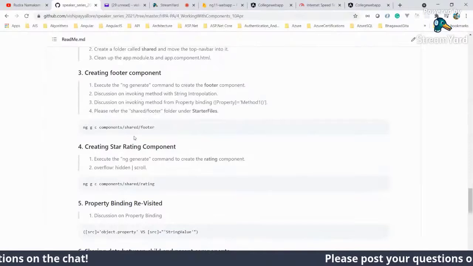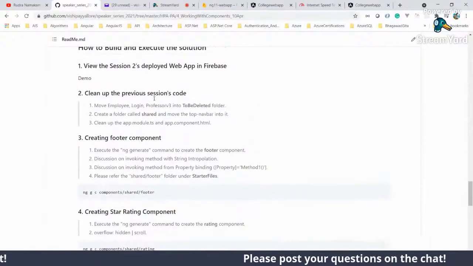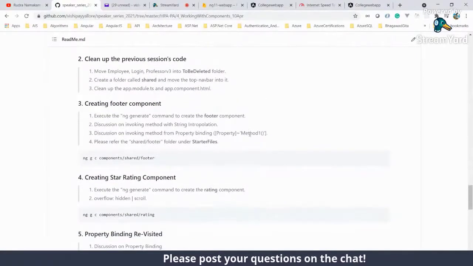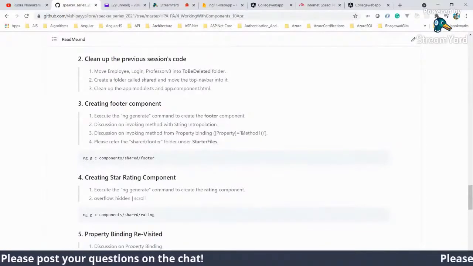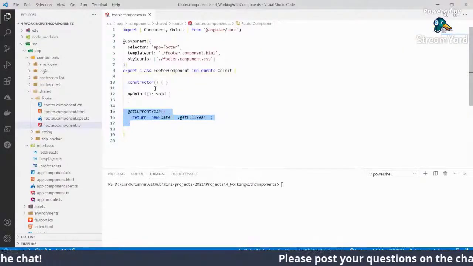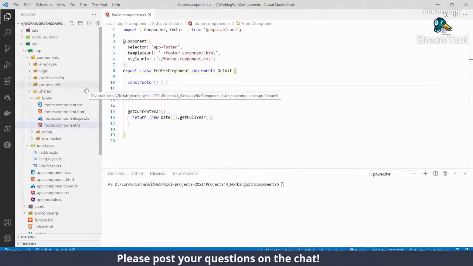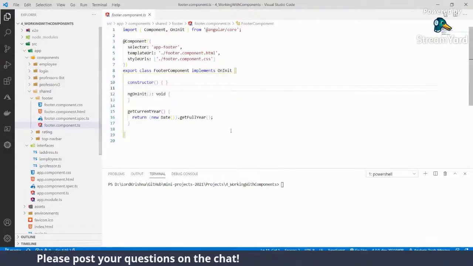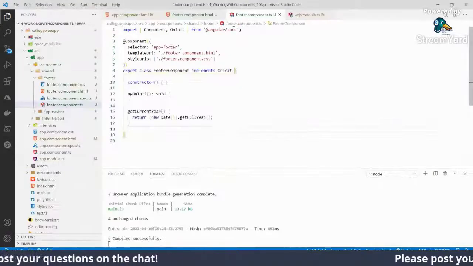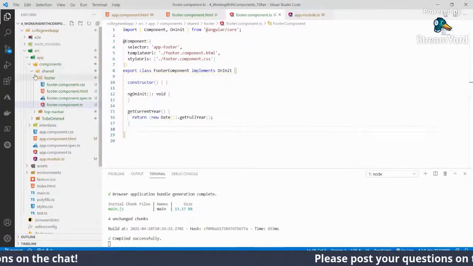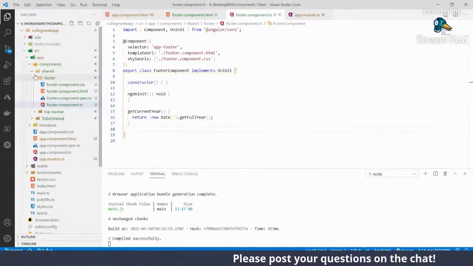If you see in this footer component, what we are covering is how you call a method. While doing the string interpolation, previously we saw that if we had a property here, we used that property inside our HTML markup or the view.